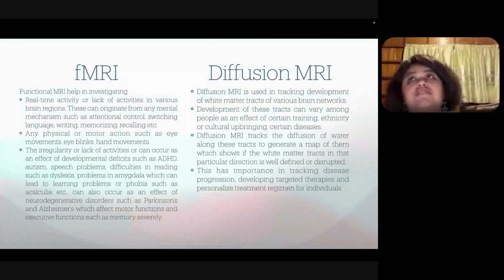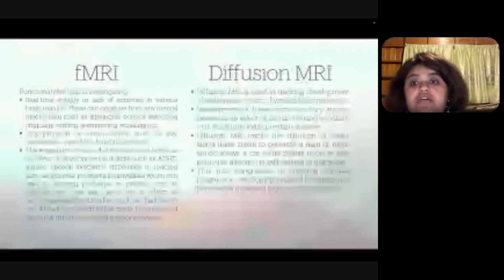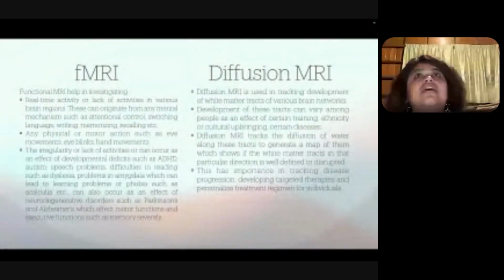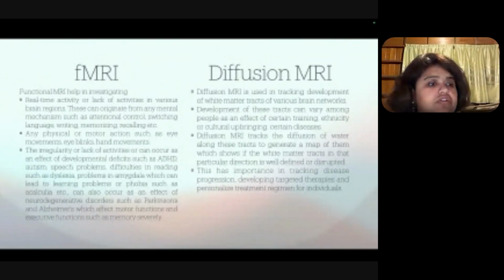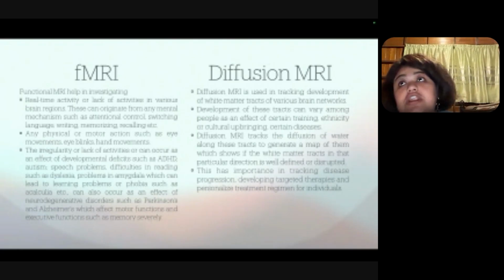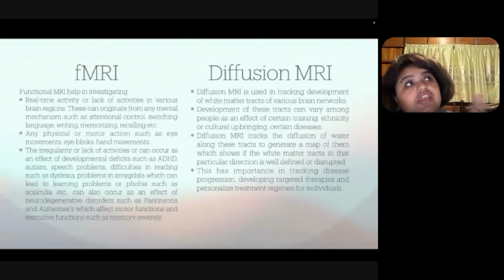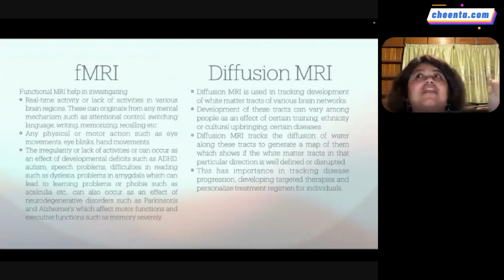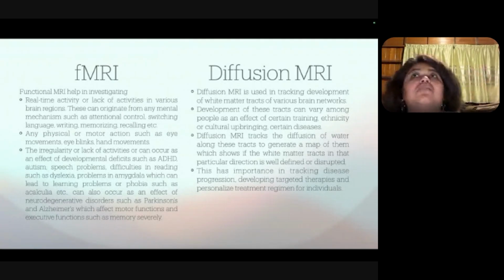Also, we can now develop different types of neurologically targeted therapies for these patients. And in case of training and other things that sometimes are studied in children, especially children who suffer from developmental problems like attentional deficit or speech problems, if they're given a certain kind of therapy or treatment, sometimes these diffusion MRIs are done to check whether the plastic changes are happening, whether they are learning social cues, whether their attentional network, memory, etc. are improving. So these are the things that diffusion MRI can help us do.